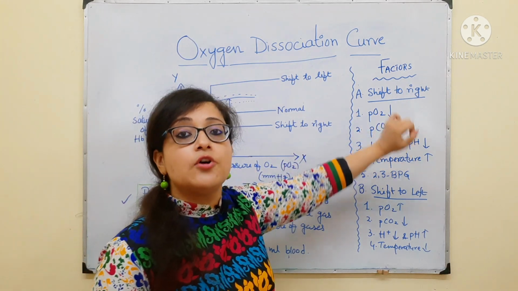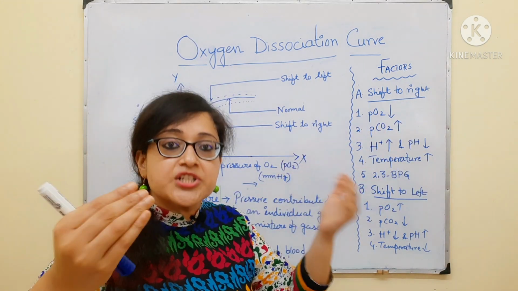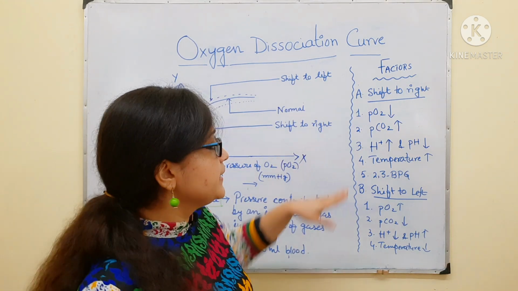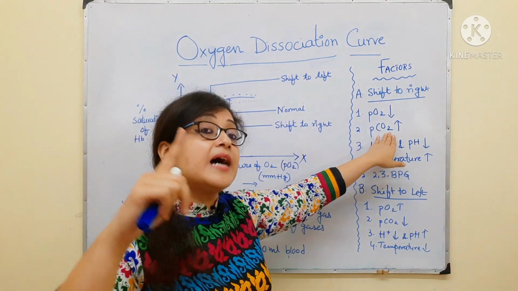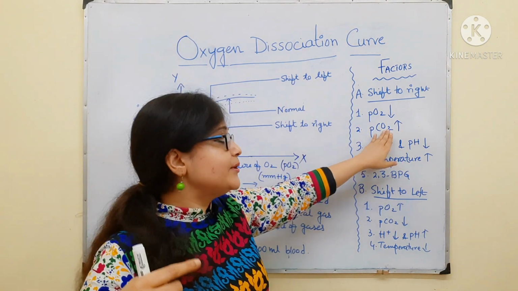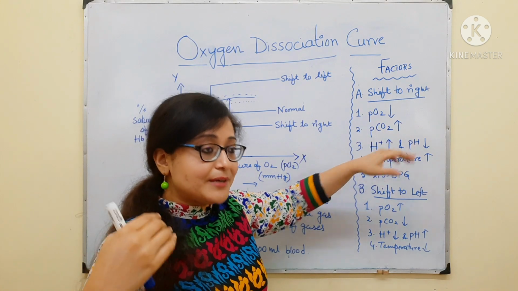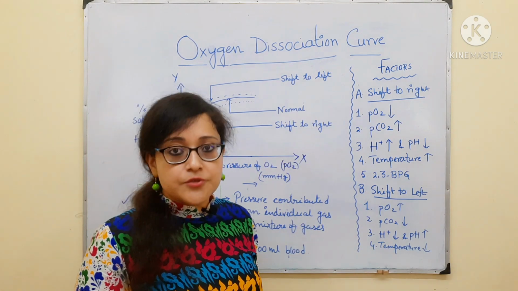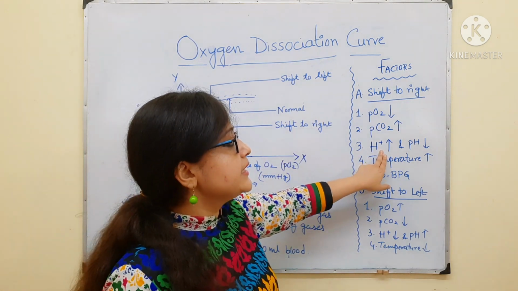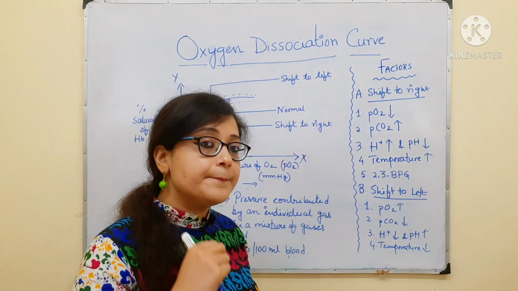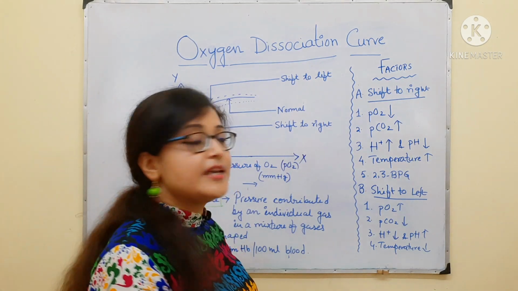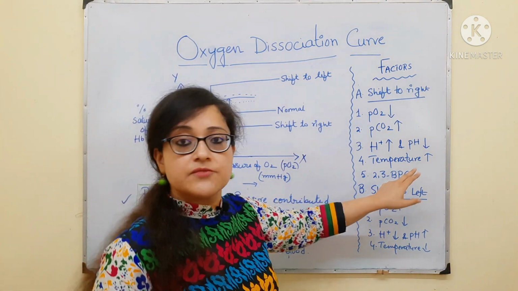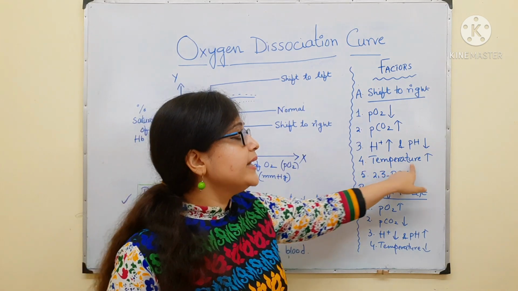Less partial pressure of oxygen. When the partial pressure of oxygen is less, it will of course dissociate from the hemoglobin. When partial pressure of carbon dioxide is higher, means carbon dioxide will then bind to the hemoglobin. So, oxygen binding will be of course reduced. Then when the concentration of H plus ion is high, and concentration of H plus ion high means of course pH is less. Then presence of 2,3 bisphosphoglycerate and high temperature.